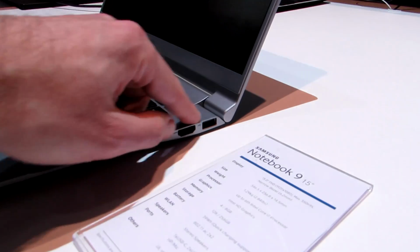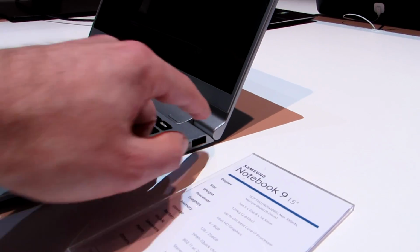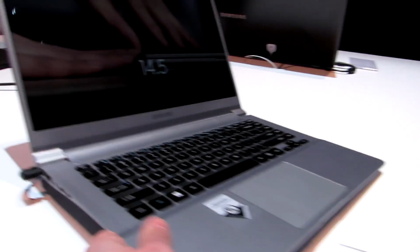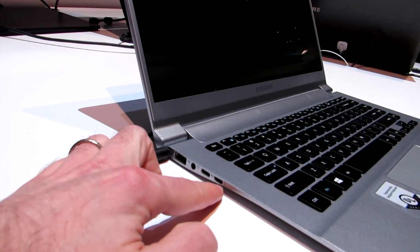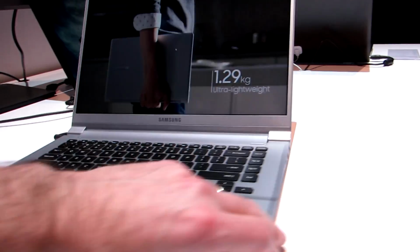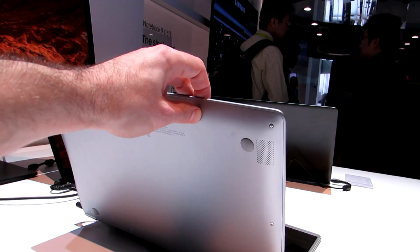If we look at the ports, you also have a little bit more room for some full-size ports here. So we've got full-size HDMI, a micro SD card slot, full-size USB, and on the other side, full-size USB, USB Type-C, and I think that's an Ethernet adapter and a headset jack. We've got speakers on the bottom here,